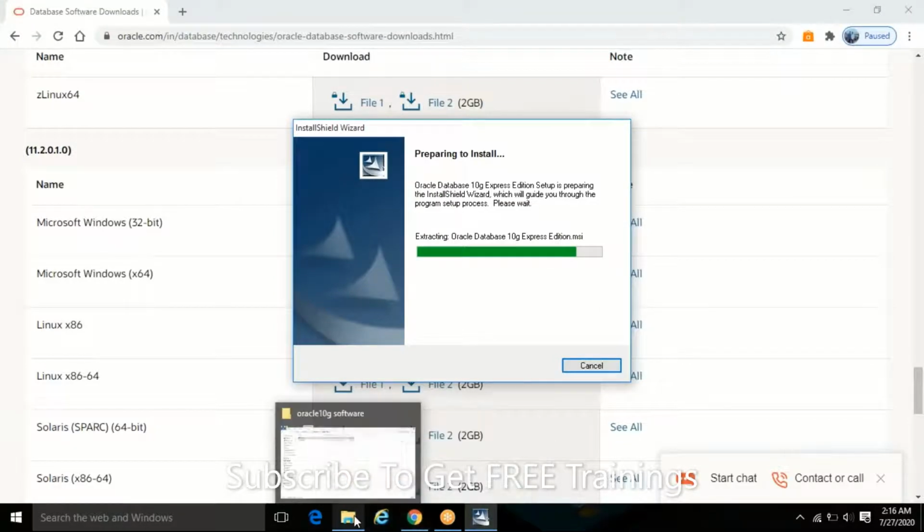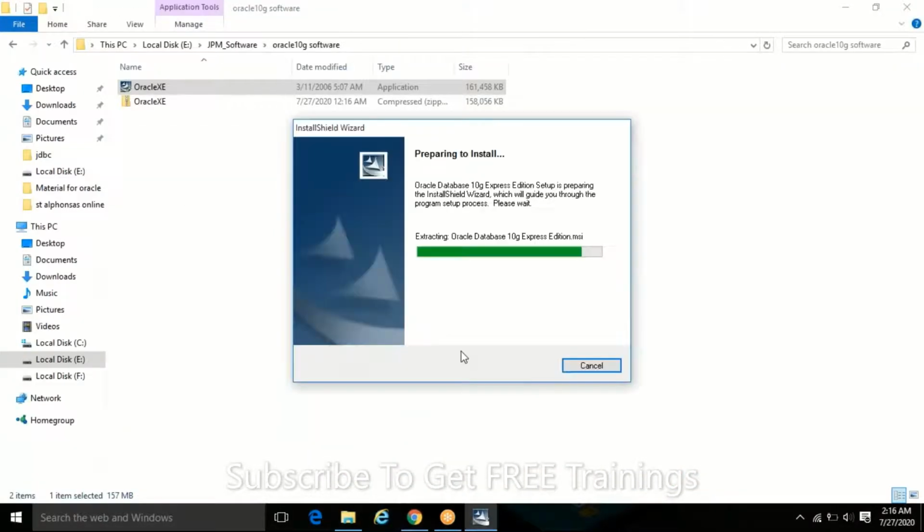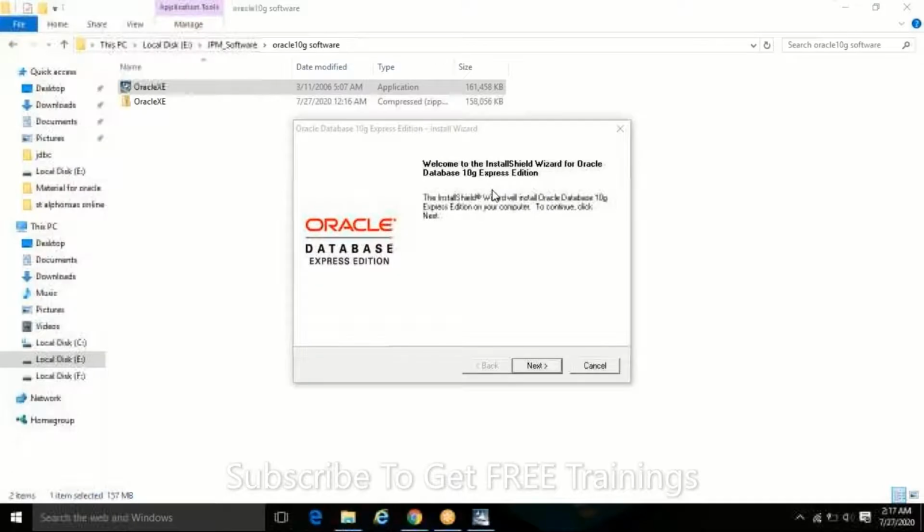Then you can double click on it. That's it. It is preparing the installation for Oracle 10G Express Edition.